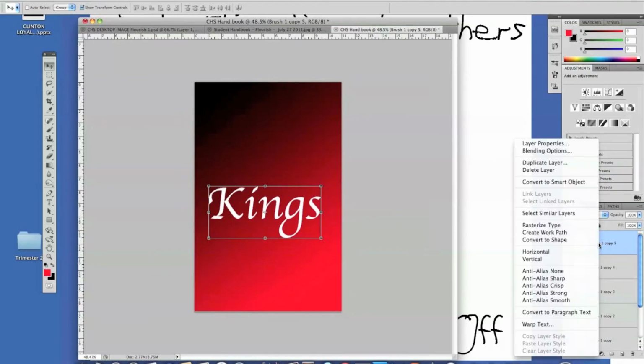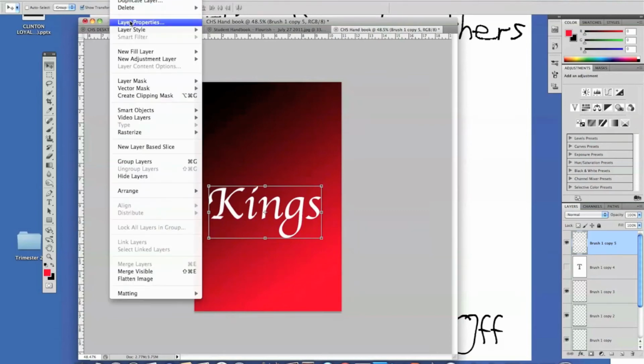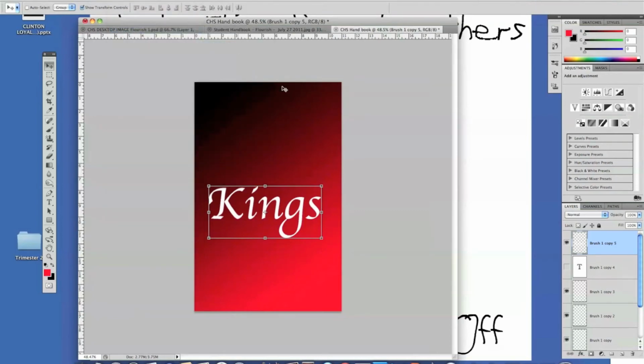I'm going to right click it and I'm going to rasterize the type. And rasterize just simply means turning a text box into a flattened image. Once it's a flattened image, you can no longer type inside of it or change the font characters about it. That's why I made a duplicate of the text before I did this, in case I ever want to go back. I'm going to go up to Layer, Layer Style, click on Drop Shadow,